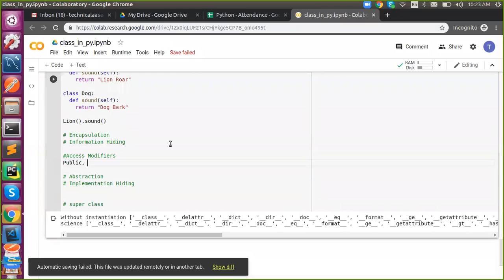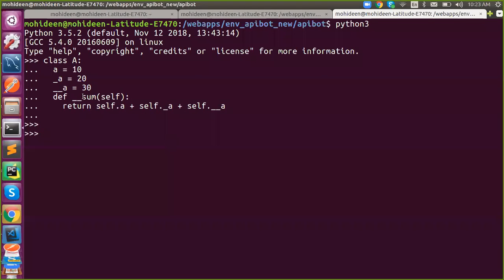Public, private, and protected. So these are the three types of access modifiers. If you define without any underscore, it is public; single underscore means protected; and double underscore means private variables.